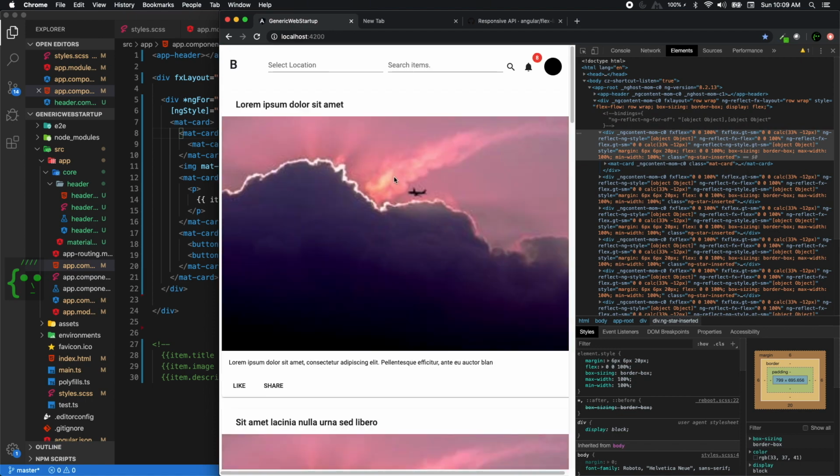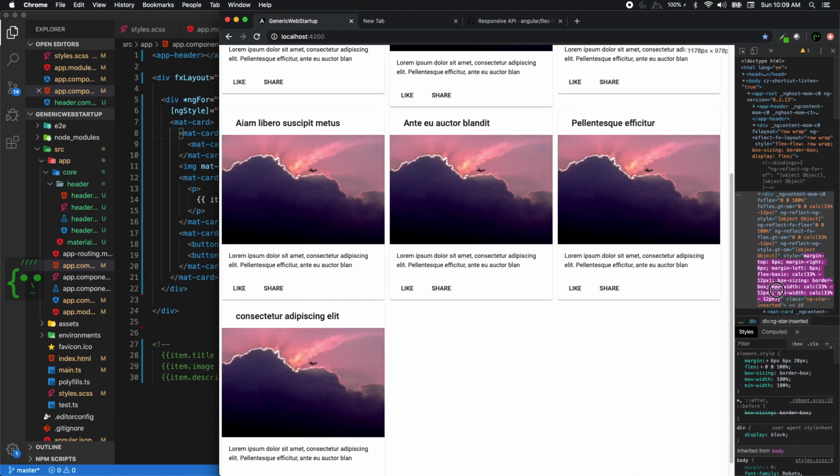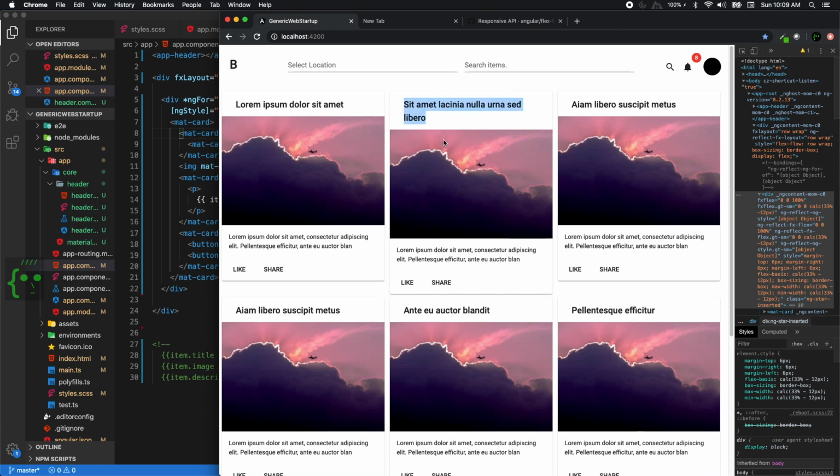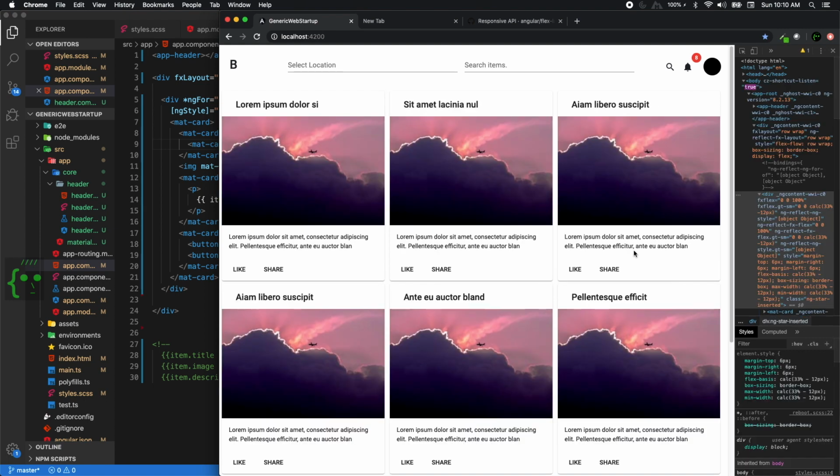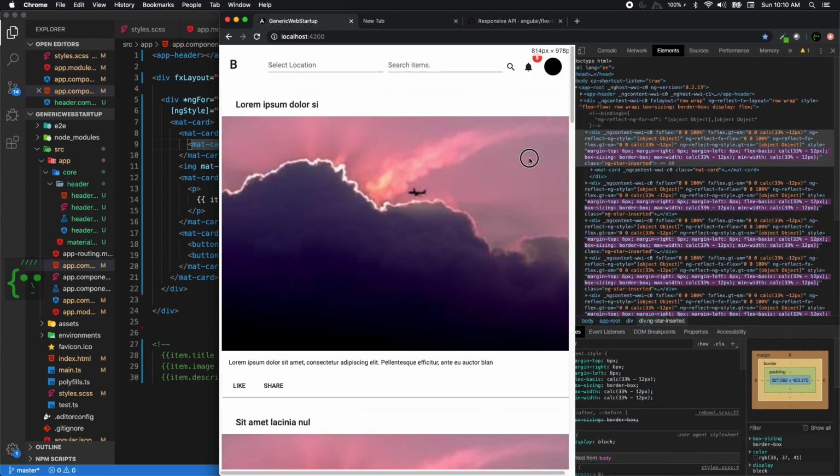Did I miss something? I'm not sure. Yeah, when you expand your viewport, you see all the misalignments going here and there. There are multiple ways to fix it. I came up with a very, very dirty solution, which is slicing it. Yeah, slice of 0 and 20 characters maybe. I'm not sure if that works. It looks like it works. You can create your own pipe and then show how many characters you need or show whatever ellipses you want. Yeah, so this way you got your listings for both the desktop as well as the mobile